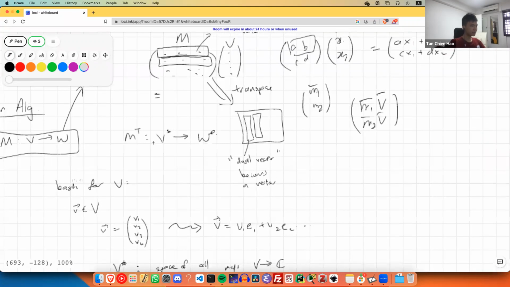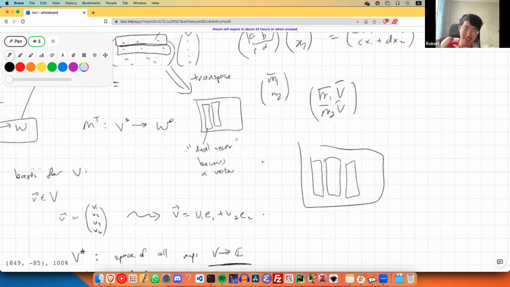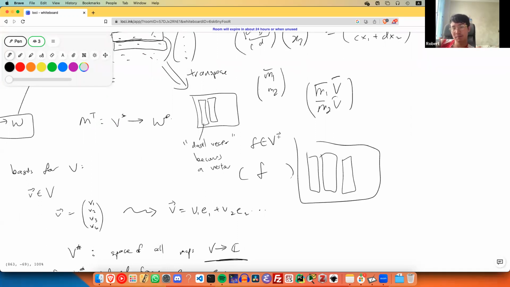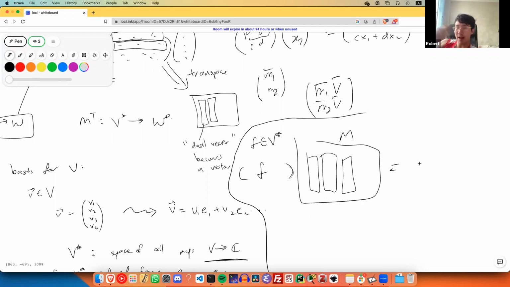Let's consider the matrix M as a bunch of column vectors. Never mind, I was just trying to think if there's some group theory thing going on here. If we act on a row vector, let's say we act on f, where f is an element of V star, such that the matrix M acts on the right of f, then this will produce